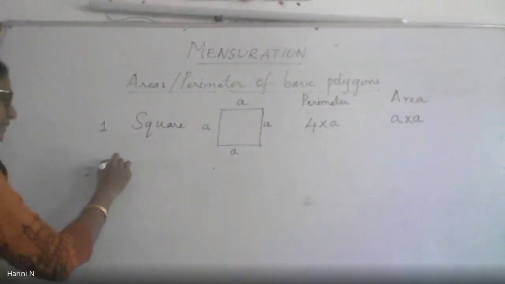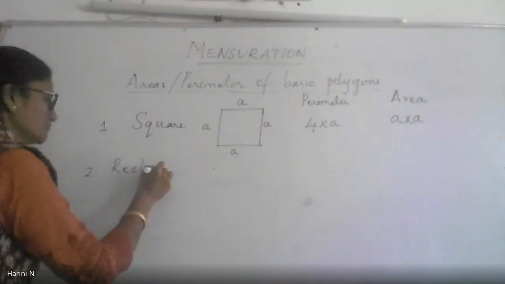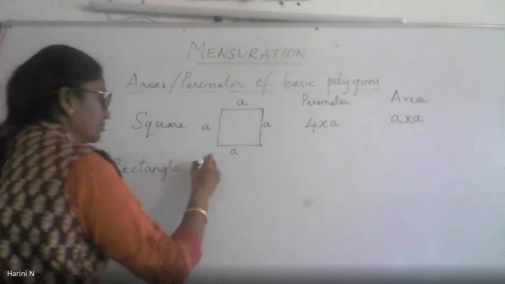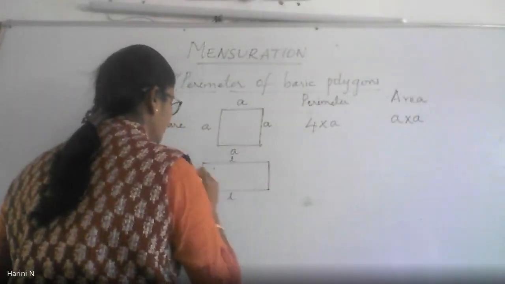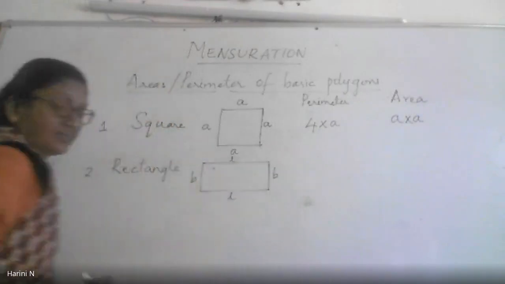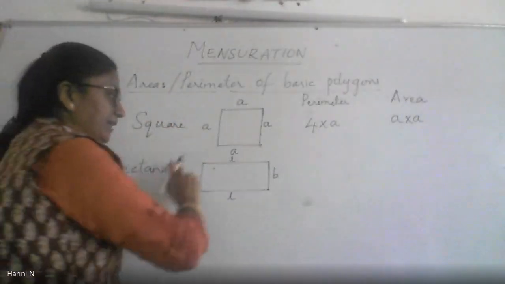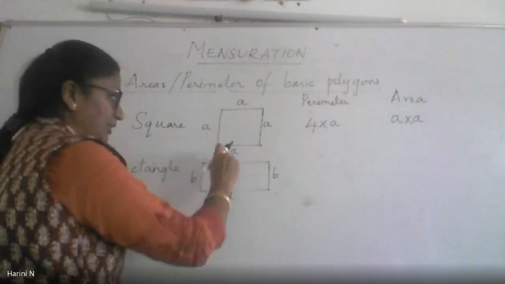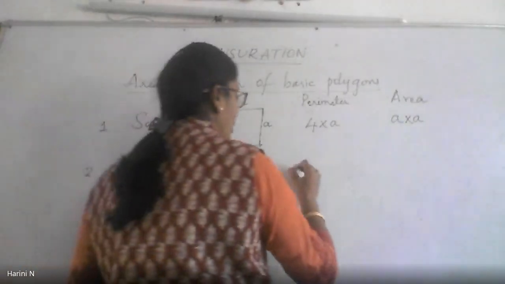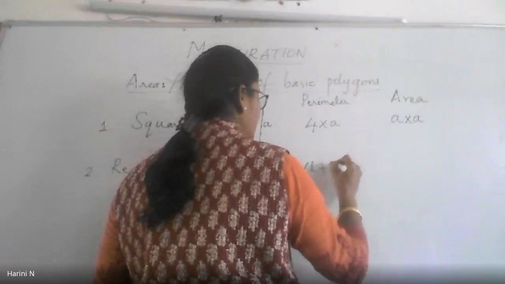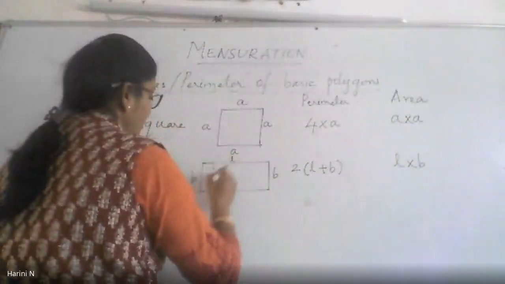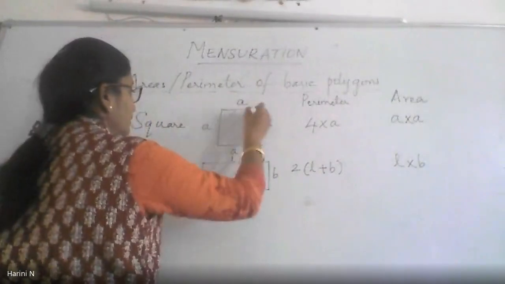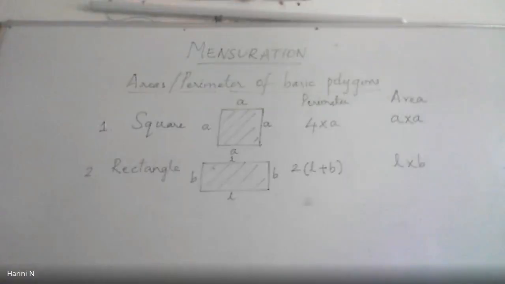The second one is the rectangle that we have seen. So rectangle, unlike a square, will have only the opposite sides equal. That is, it will have a length and a breadth. So when I need to find the perimeter, I know I have to add all the 4 sides. So it will be 2 times L and 2 times B. Or we know it is 2 times L plus B. And when you want the area, it will be L into B. If you want, you can shade the area like this. The boundary is the perimeter, and what is inside the boundary becomes the area.